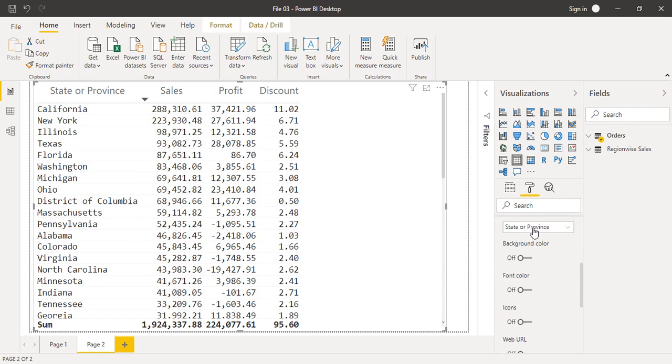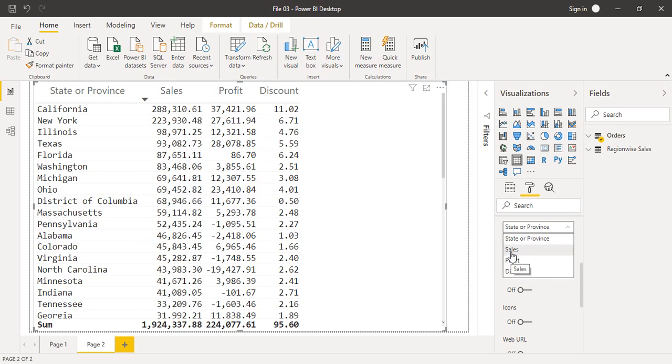The first one is the heading of the column on which conditional formatting could be applied. In the drop down there are all four columns of the table, but we know that conditional formatting cannot be applied over state or province because it is a textual value. So these three column headings are valid for conditional formatting.